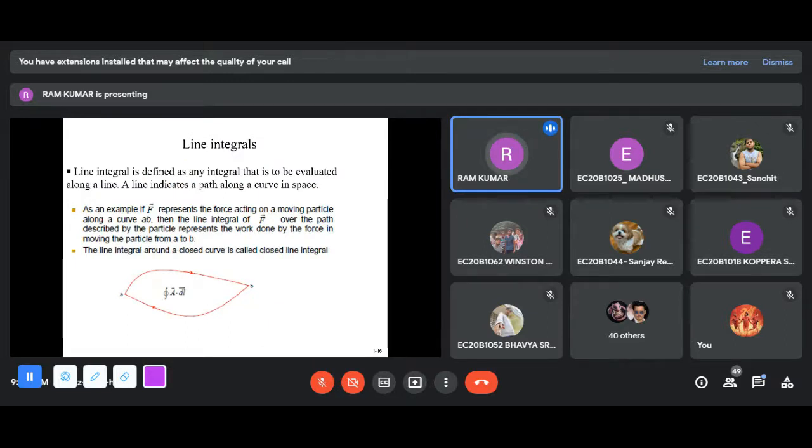Then you know the three different integrals: line integral, surface integral, volume integral. If you have line kind of applications, we simply use the line integral to integrate over that. If you have a surface, we have the surface integral. If you want to integrate over a volume, we use a volume integral. You know that the line integral is simply the integral of A dot dl vector, from a to b. So this is one line, this is another line. When you integrate over these two lines, we get the line integral value.